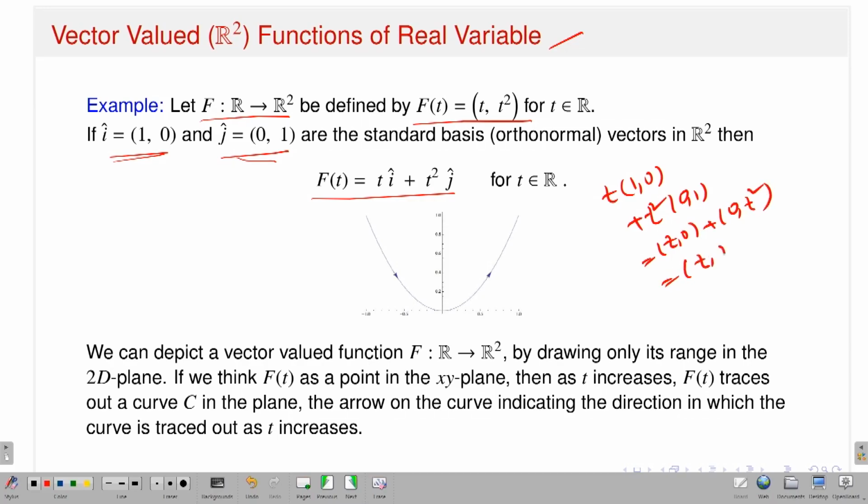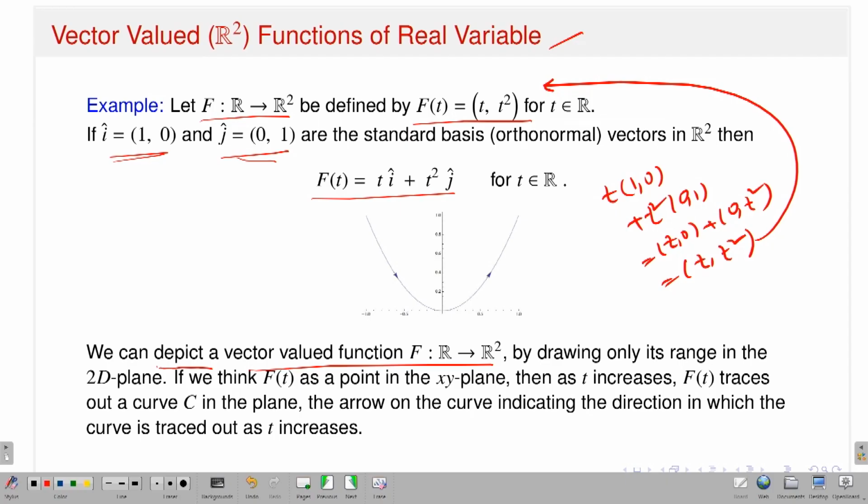You add it, this is (t, t square), which is nothing but this. So now I have a function f(t) equal to t times i cap plus t square times j cap. So now you can draw a picture there. And what is this? So we can now depict a vector valued function f from R to R2 by drawing